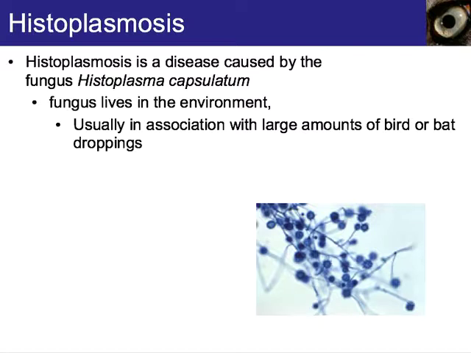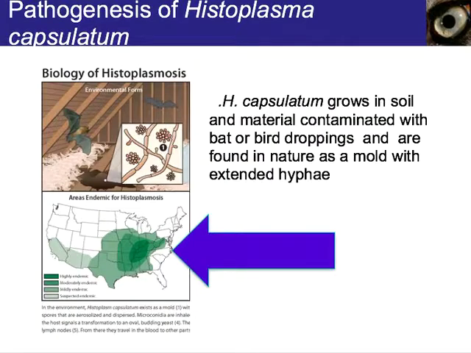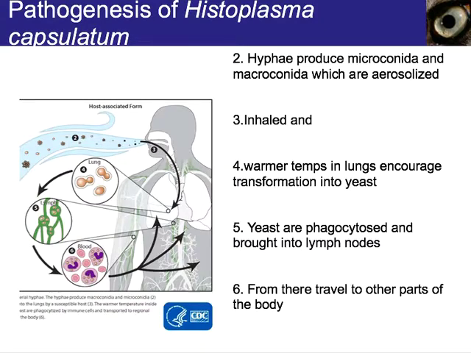A fungal infection that occurs around here is called histoplasmosis. Histoplasmosis is caused by the fungus Histoplasma capsulatum, and the fungus lives in the environment and is usually associated with large amounts of bird or bat droppings. So you usually find it along the Mississippi and Ohio River valleys in caves, but also if you have a ton of bats or birds living in your attic, where they poop is where this fungus will grow. If you go to clean out that attic or you go spelunking or cave diving, you end up breathing in